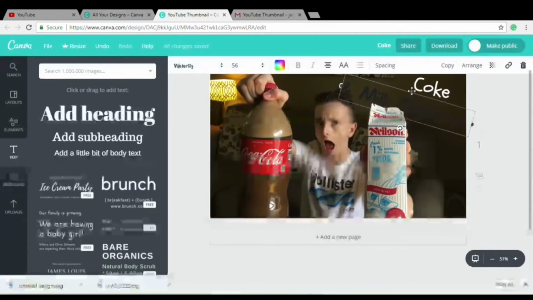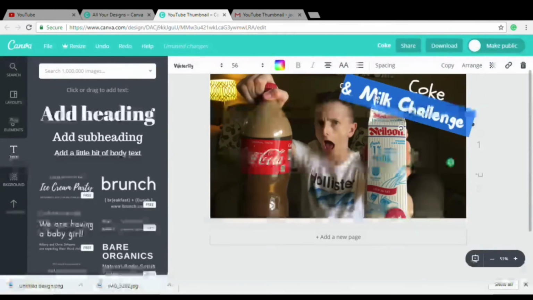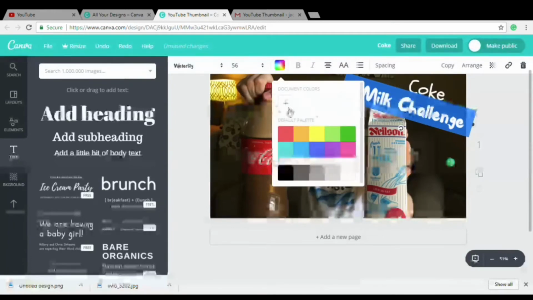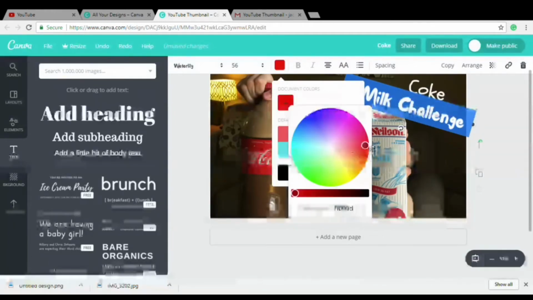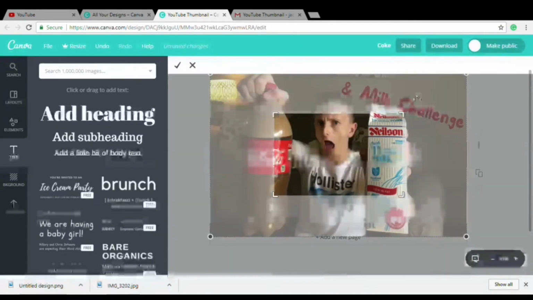And then again, this is just something that you have to play around with. You have to try different fonts. You just have to try what works best for you personally. You can't just select one font and have a certain size. You've really got to play around and discover what your options are and what works out best for you